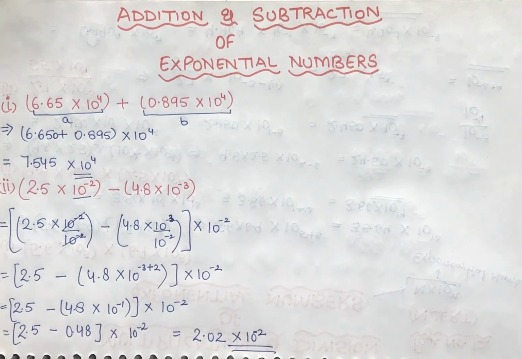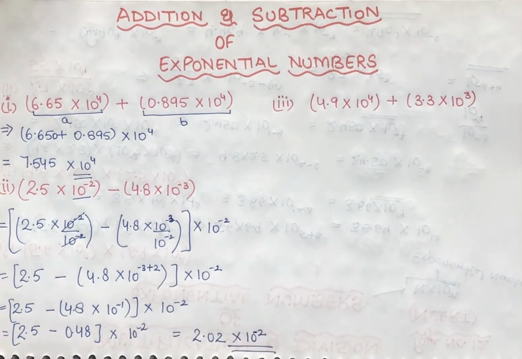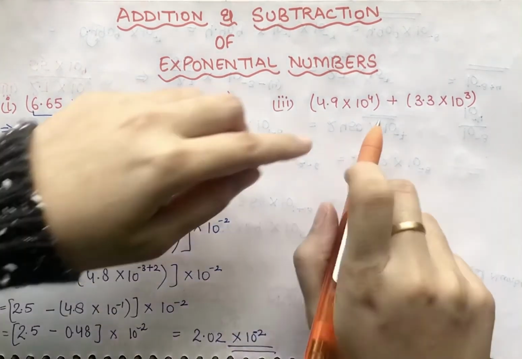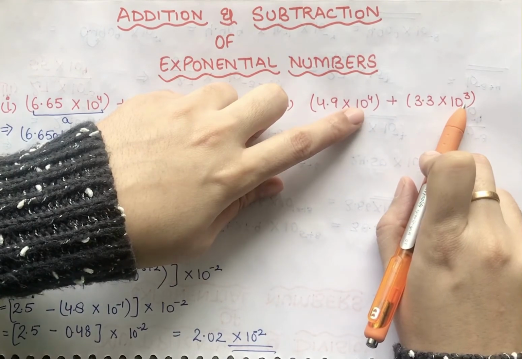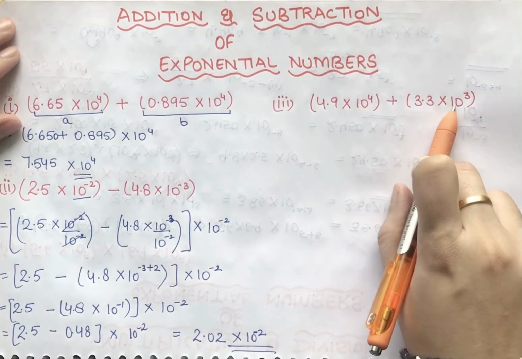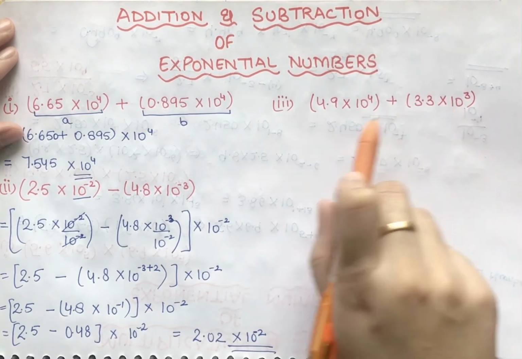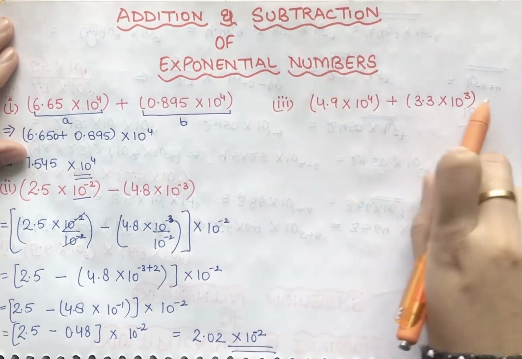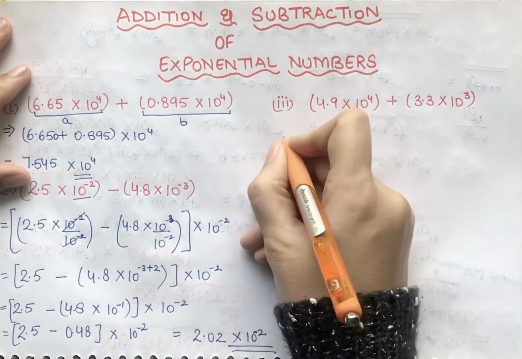Okay, now let's see one more. Now in this term, what we have to do, first of all we have to take common from these powers. Okay, so what I'll do, I'll simply divide and multiply these powers with 10 raised to power 3, because 10 raised to power 3 is the lowest one. So I will multiply this whole term with 10 raised to power 3 and divide these powers with 10 raised to power 3. Okay, so let's write